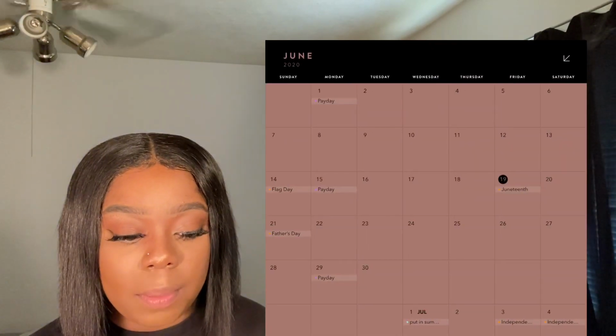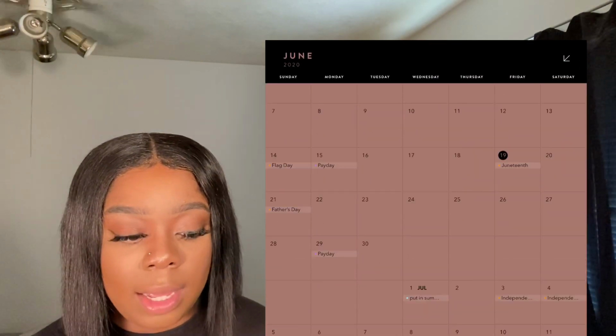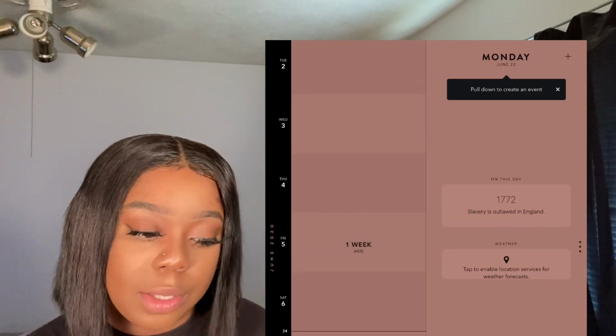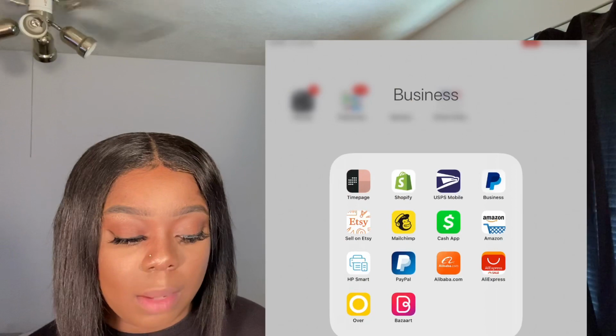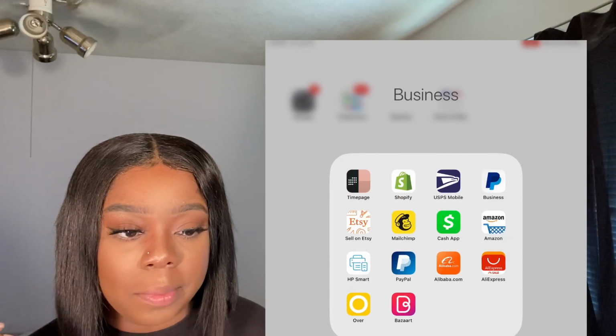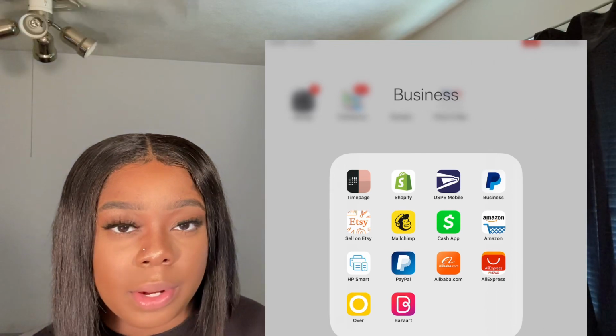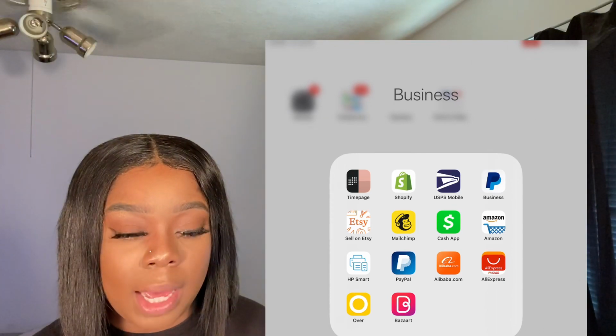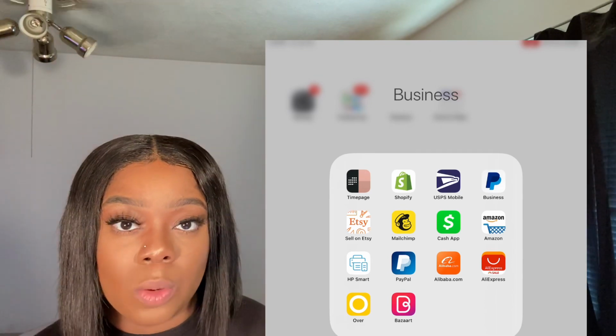So it's really helpful for me to just keep track of everything and see everything, and I just think it's really cute to look at too. So then I also have of course Cash App and PayPal. I don't really use my Cash App unless I'm making an in-person order, or it's something specific like that. But of course I have my Shopify Pay, and then I have PayPal for business, which I also pay